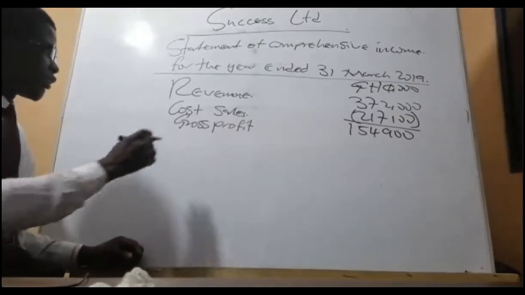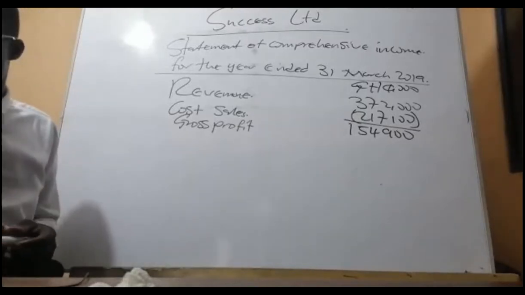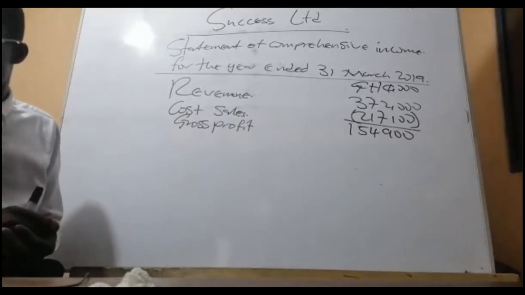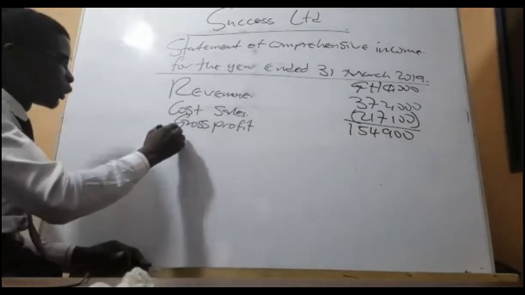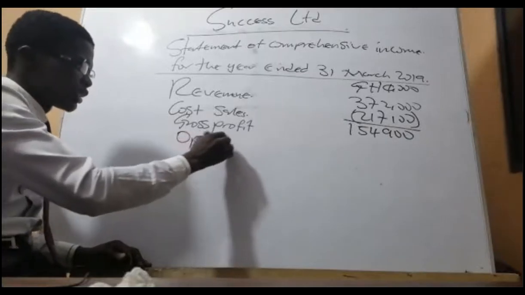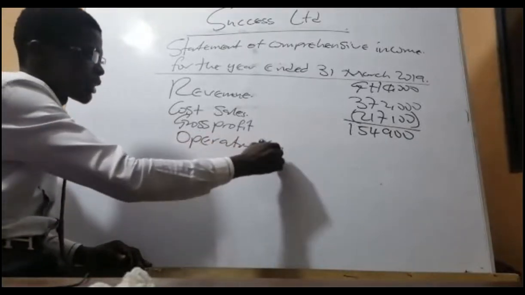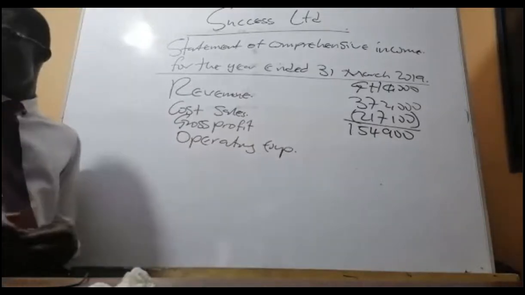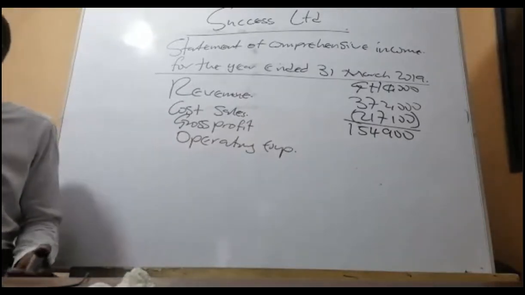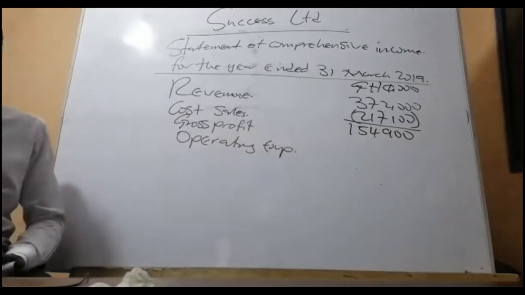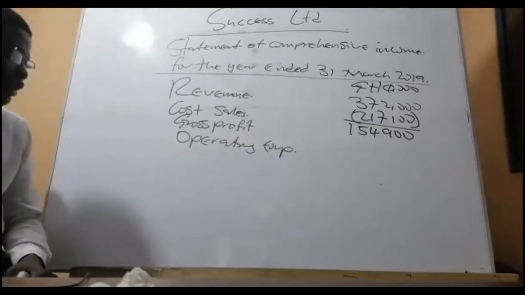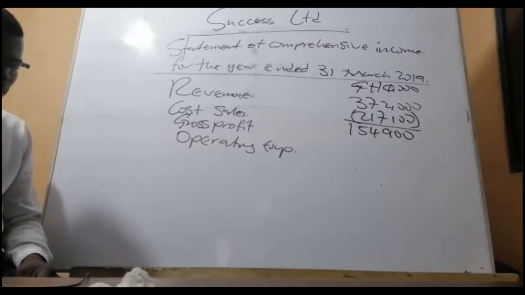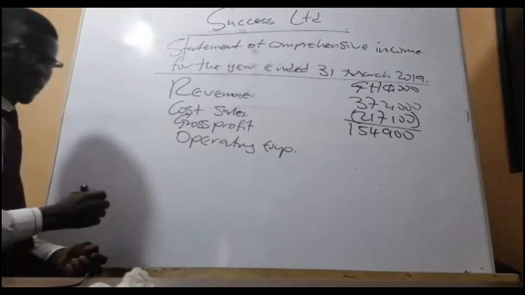Good. Now from gross profit, where do you go to? Yes, I like that you mentioned it. Operating expenses. Then when you do workings, you add two items, or in fact, it includes all the expenses. But the two main are the admin and selling and distribution. That's it. So let me do the workings here.